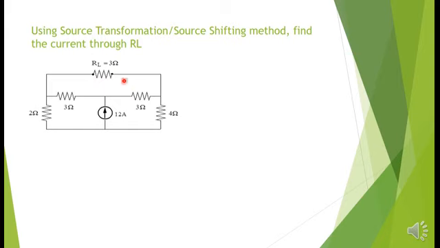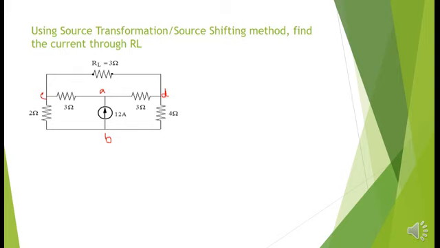So in this given network, we need to find what is the current flowing through this RL 3 ohm. So in this, only one current source is given, and that is connected between, let us consider as A and B. So in this, the current flowing through the branch B to A, I name this as C and this node as D.